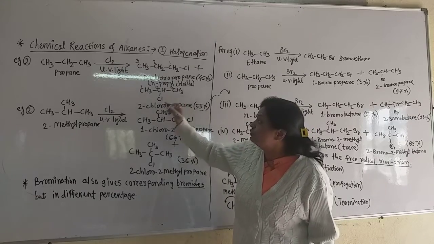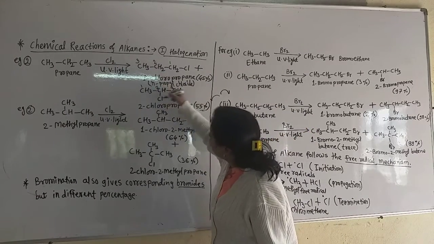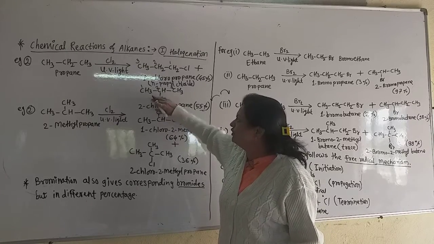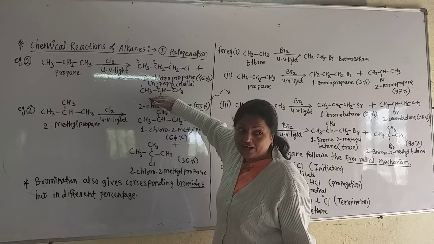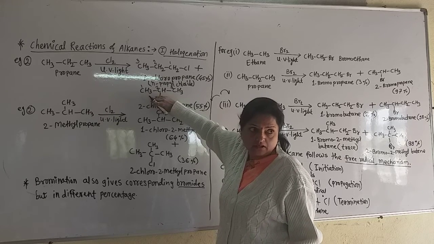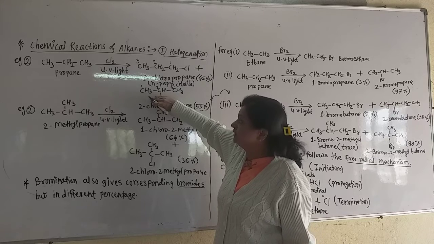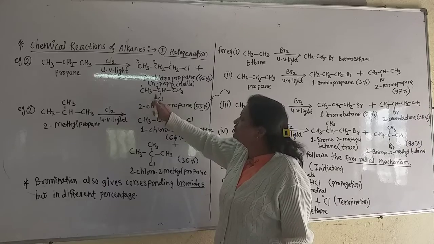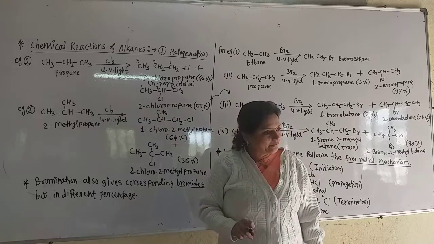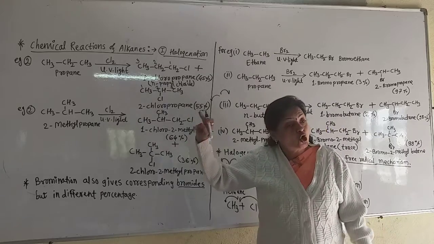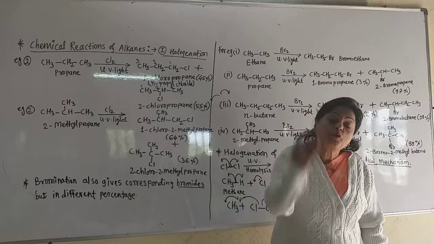What is this group? If the carbon contains only 1 hydrogen and there is the bond to that, we called that group yesterday what? Isopropyl or secondary. You must remember that. I will ask questions on them. Now this is the iso or secondary propyl group, and so the chlorine is attached to that carbon containing only 1 hydrogen. So this is called iso or secondary propyl chloride.